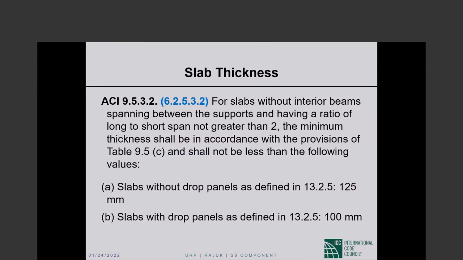We will take a look at the table. We have seen it before. But there are absolute minimum thicknesses. Slabs without drop panels, 125 millimeters is the absolute minimum thickness. So flat plate cannot be more than 5 inches thick. Slabs with drop panels, the slab itself outside of the drop, cannot be any less in thickness than 100 millimeters,